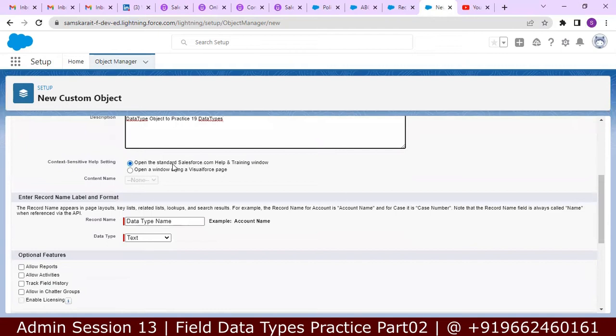Keep this open, the standard Salesforce.com help training window. Then data type name, record name is the data type name. When we open this screen, without this field we cannot create an object, because this is the mandatory field. 5 standard fields we have discussed. In that, the name field is the standard,